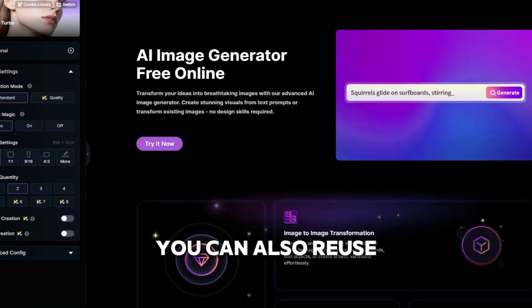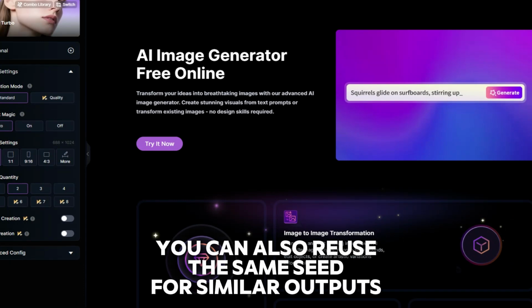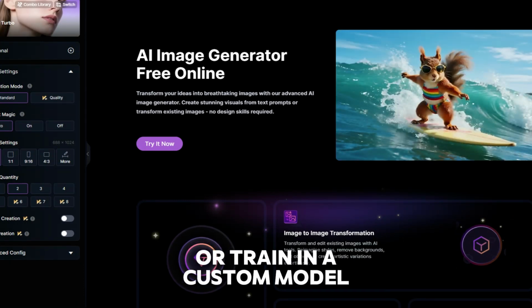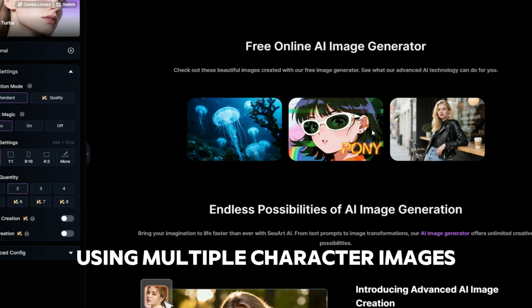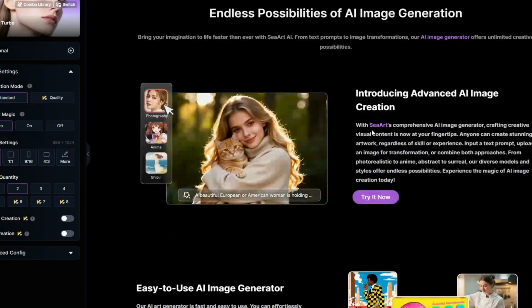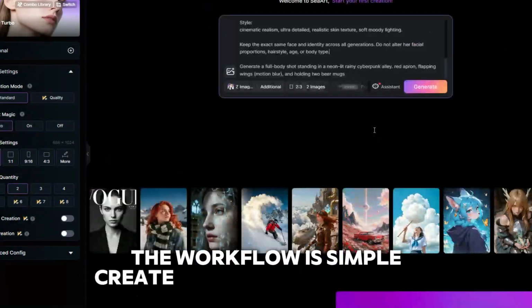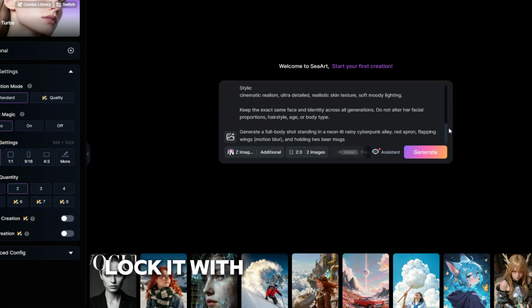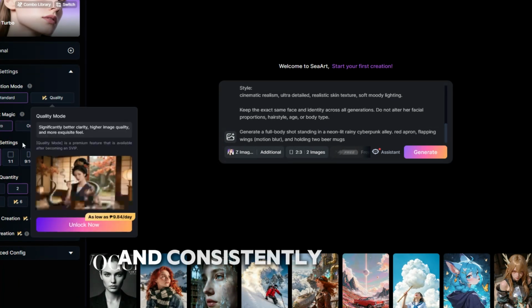You can also reuse the same seed for similar outputs or train a custom model using multiple character images for maximum stability. The workflow is simple: create one strong character, lock it with the reference tool, and consistently reuse it